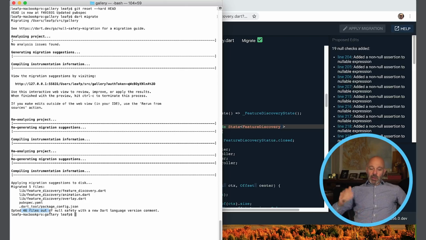If I wanted to, I could now send feature discovery off for review. I could start in on the next part. I could do the whole thing in one go. With a bit of help from the migration tool, we could have this whole app up and running without a lot of fuss. It might take us an hour or two to get something really tuned and fine.